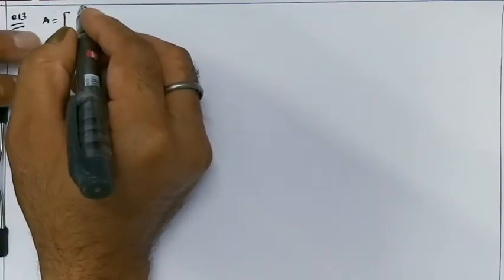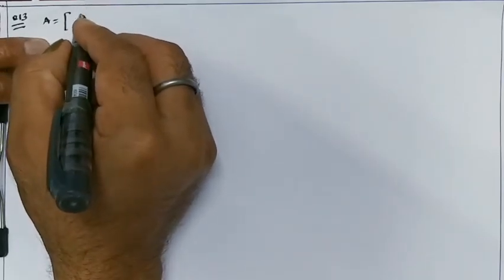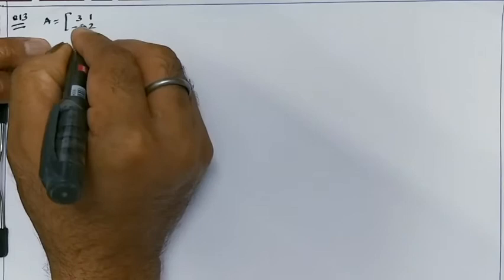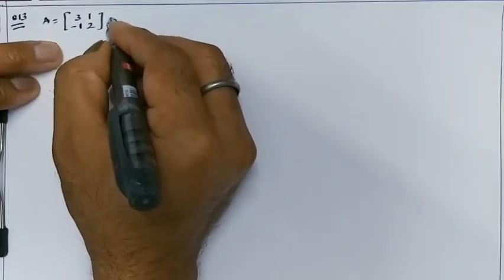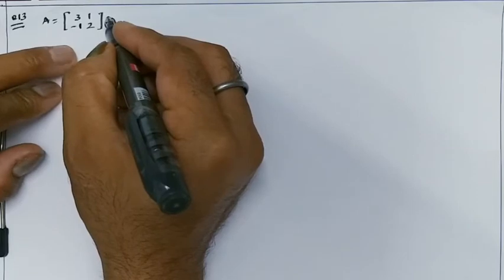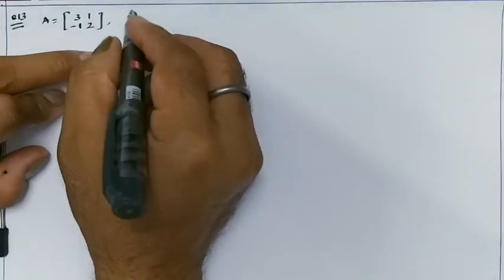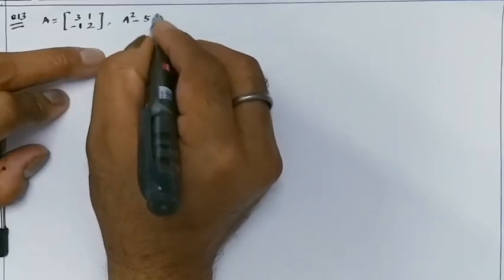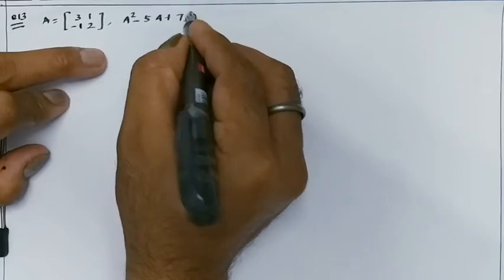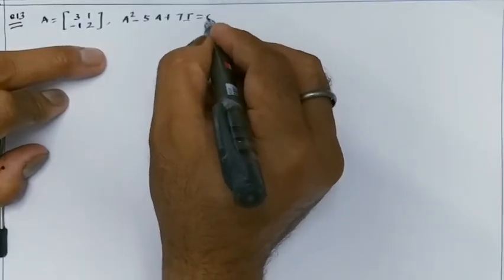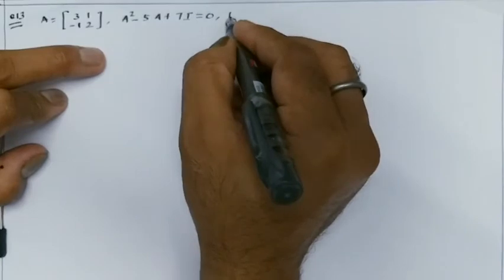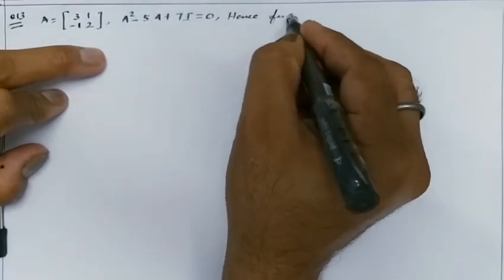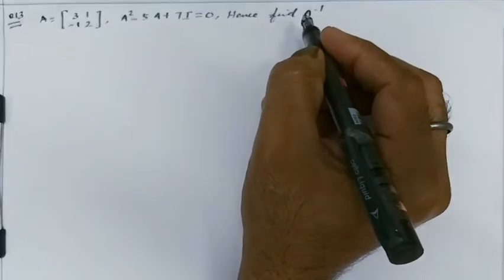Question number 13. Matrix A is (3, -1; 1, 2). Then show that A square minus 5A plus 7 times identity matrix equals 0. Hence find A inverse. So what we are going to do,